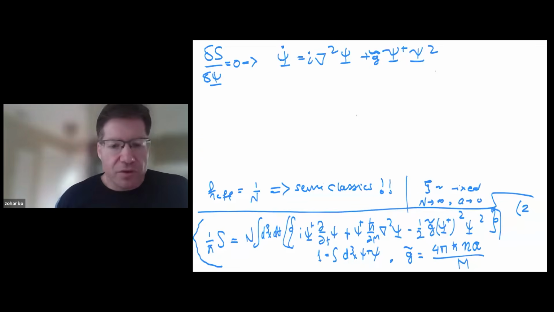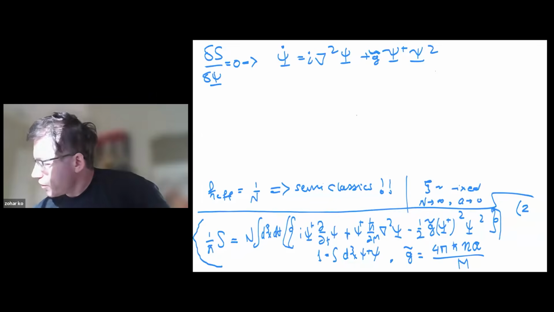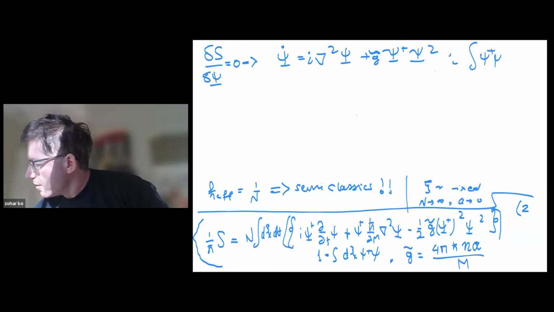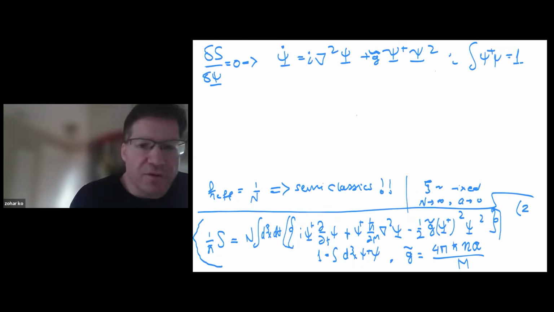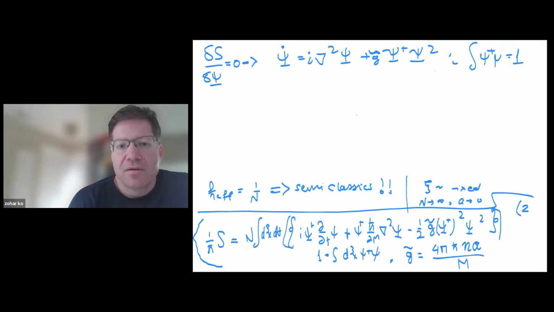Now, what is the simplest solution of this equation? Who can guess the simplest possible solution of this equation? With the constraint, don't forget the constraint ever. The constraint is psi dagger psi is 1. So if somebody says that the solution is 0, that doesn't count as a solution, because we have to have n particles. By the way, there is no more n. So a solution doesn't know about the number of particles. It's hidden inside g twiddle through the healing lengths. So what's the simplest possible solution you can imagine?